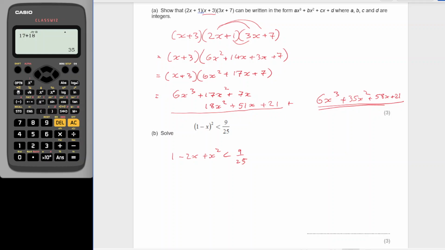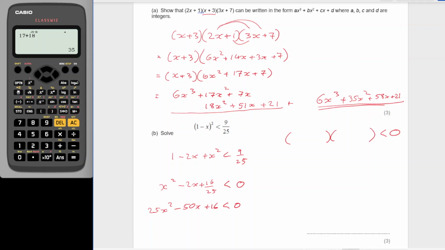Now, if I take everything over to the right-hand side and just write it slightly differently, that would give me x squared minus 2x, and then 25 over 25 minus 9 over 25, so that would be 16 over 25, has to be less than 0. If I times everything by 25, that would give me 25x squared minus 50x plus 16 has to be less than 0. Now if I try and factorise that,